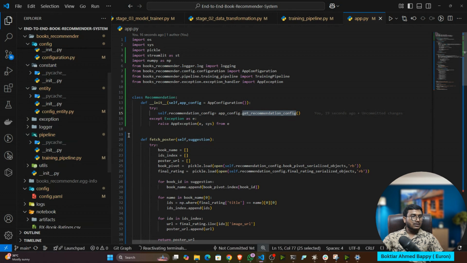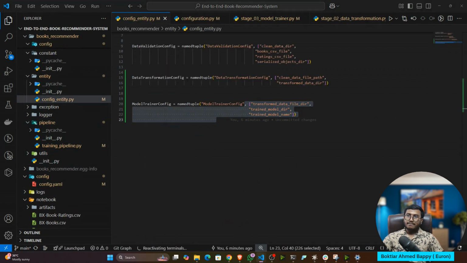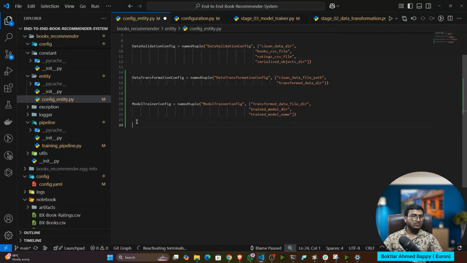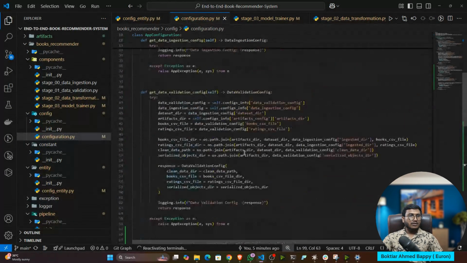So here in the entity, you have to write the recommendation config. It will give you the book name serialize object, book pivot table, final ratings, and train model path. And this thing I have to write in the configuration.py.